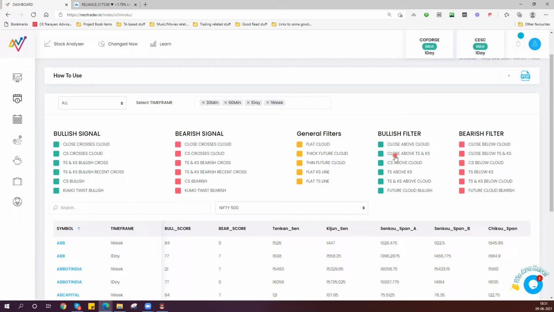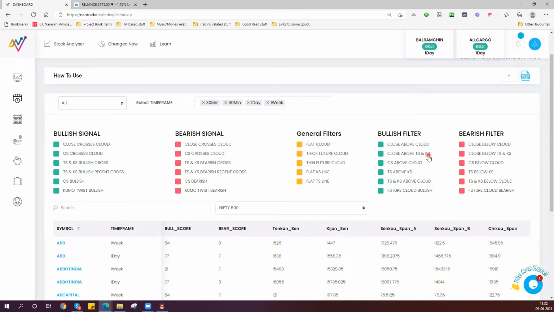Close, that is the price, is above the TS and KS line. Now, if you recall, TS and KS lines are the short and medium term lines which are denoting the present in the Ichimoku system. Third is the Chikou span, which is denoting the past line. That is also above the cloud. So the cloud is a big determiner of whether things are bullish or things are bearish. So here everything will be below the cloud, below the cloud, below the cloud, etc. So the cloud is a big determiner.